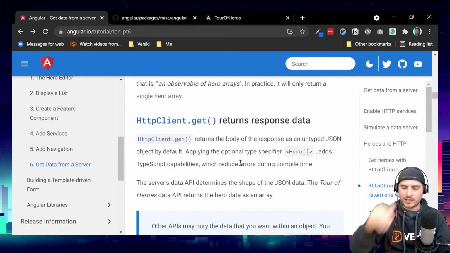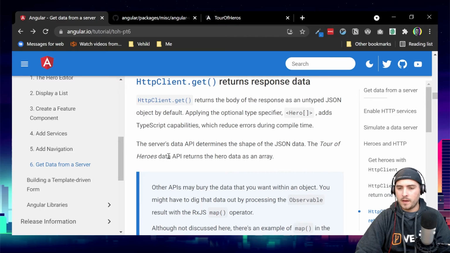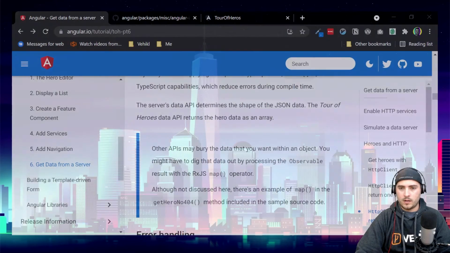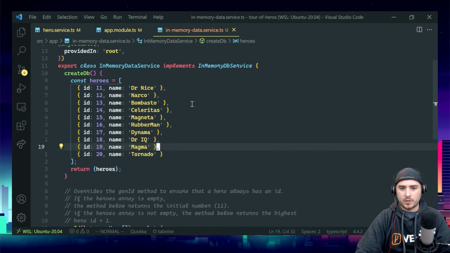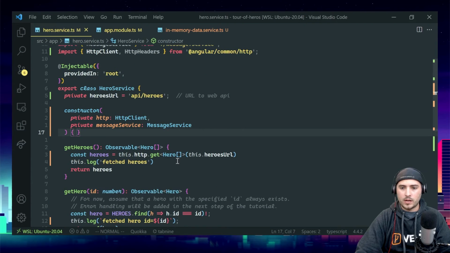HTTP client.get returns response data. It returns the body of the response as an untyped JSON object by default. Applying the optional type specifier Hero array adds TypeScript capabilities which reduce errors during compile time. The server's data API determines the shape of the JSON data. The Tour of Heroes data API returns the hero data as an array. So that was basically just explaining that this call over here, when we say get, technically,